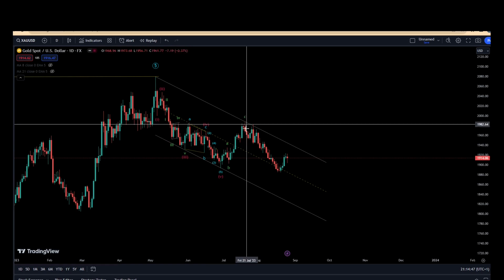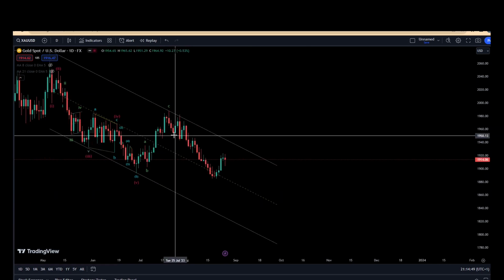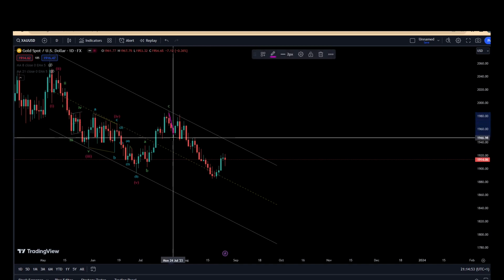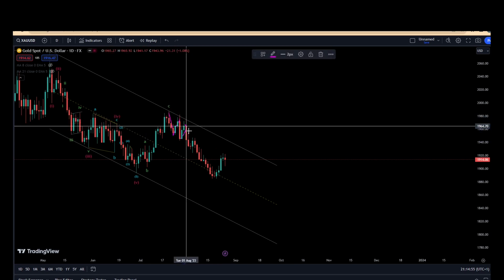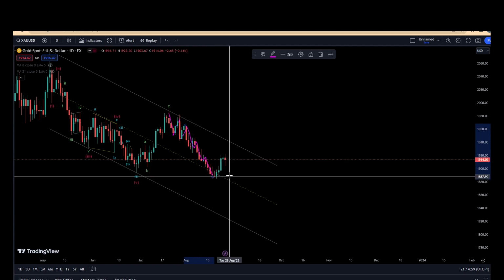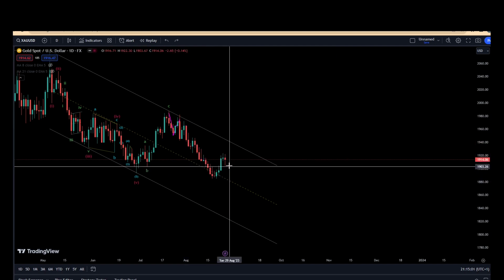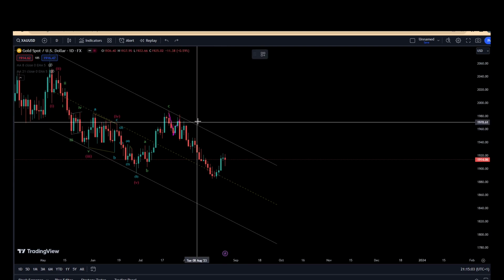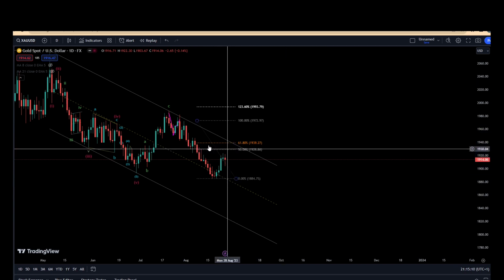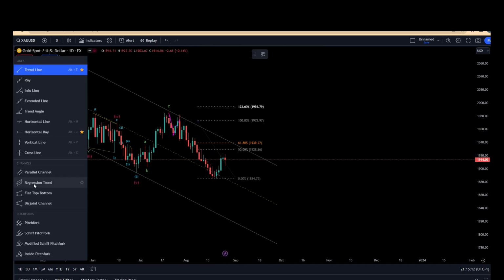This is an ABC, and what we have here is the start of an impulse move towards the downside. So you have a wave one, a wave two here, one, two, and then one, two, three, four, five. So that's a wave three, and where we are currently at is a wave four of wave three, if that makes sense. So in and around here, we shouldn't go past the 50% level. We shouldn't go more than this level,